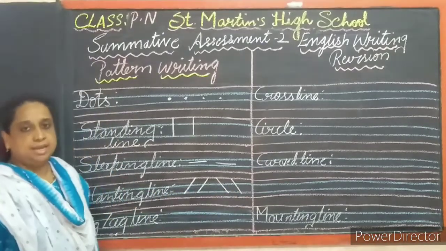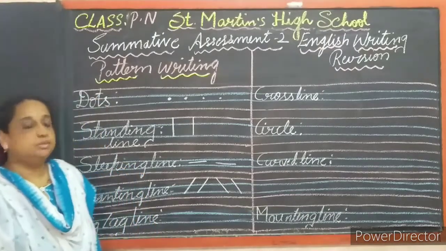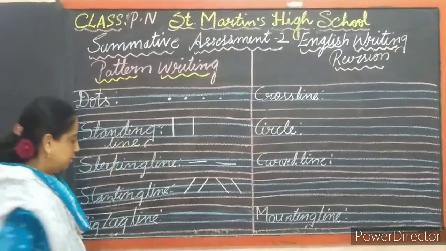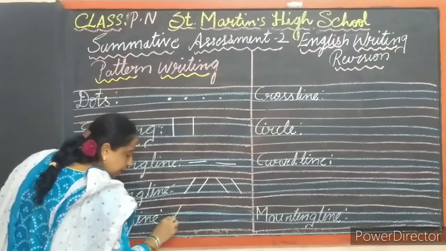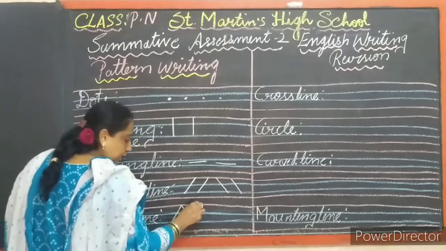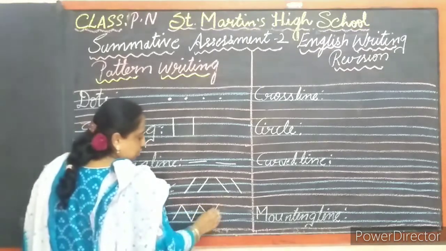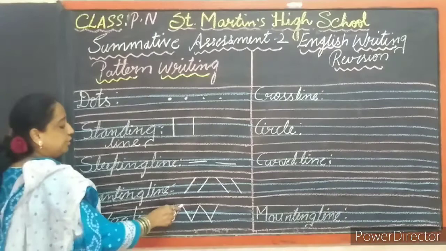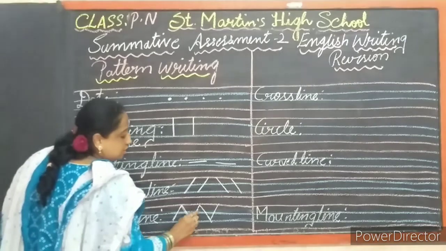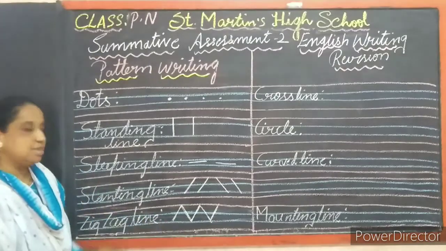Next is zigzag line. How should we write zigzag line? Can you tell me, children? I hope you all know and you have learnt by watching pre-recorded videos and also in the previous classes. So zigzag line. You should write one right slanting line first and join to the right slanting line one left slanting line. Again one right slanting line, again one left slanting line makes the zigzag line. Is easy, no children? Only you should write the slanting lines and join them. It becomes a zigzag line. Understood, children? See, by joining the slanting lines makes zigzag line.